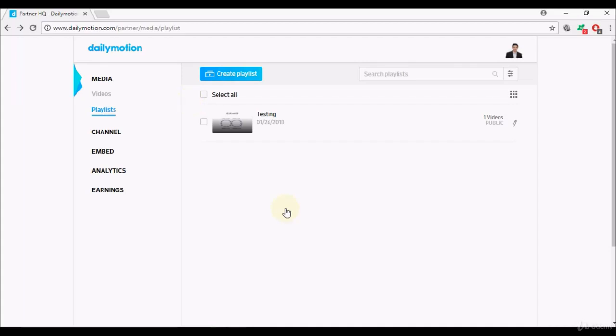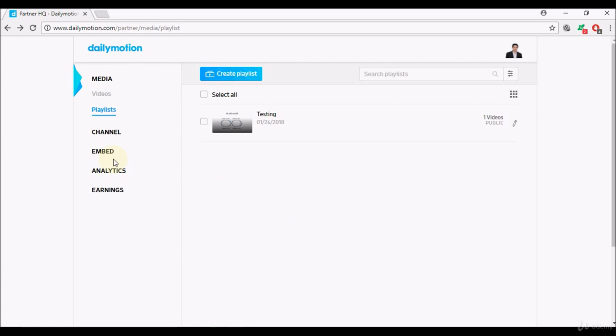Now that we know how to earn money via video monetization, we've learned how to upload videos and ensure they're monetized. Depending on the views we get, that's how much we'll earn. That's video monetization. Now another feature of Dailymotion in terms of earning money is that it allows you to embed